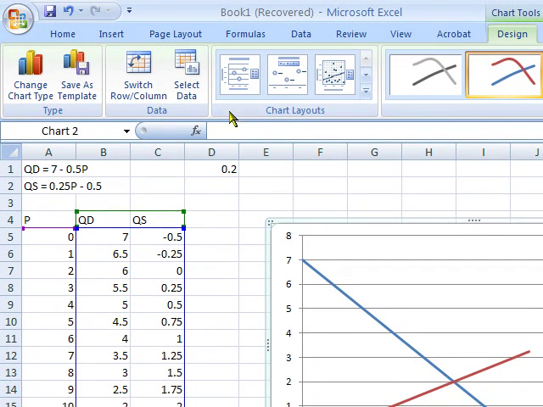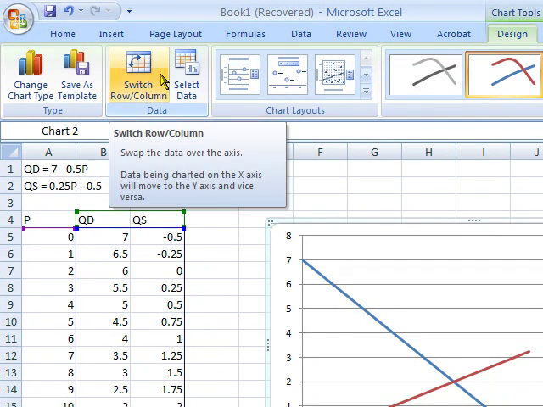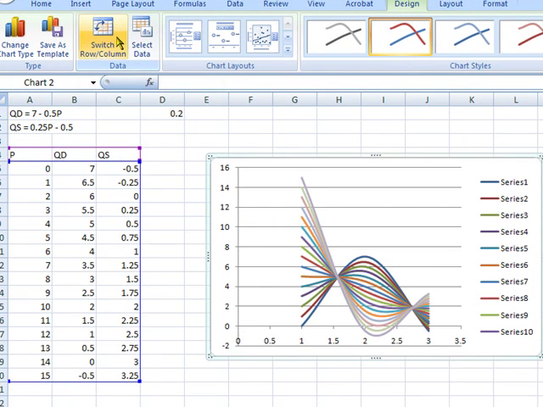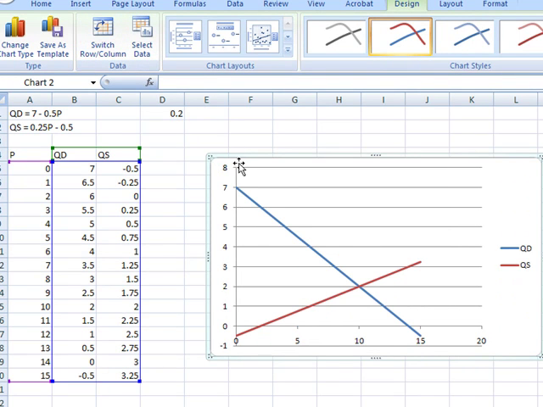What is tempting is the switch row and column button, because you might think, hey, if I hit that, it's going to flip my axes around and it'll give me what I want. As I do that, I get some pretty interesting pictures. So that's obviously not what we wanted to do. So I need to somehow edit my data. I can either